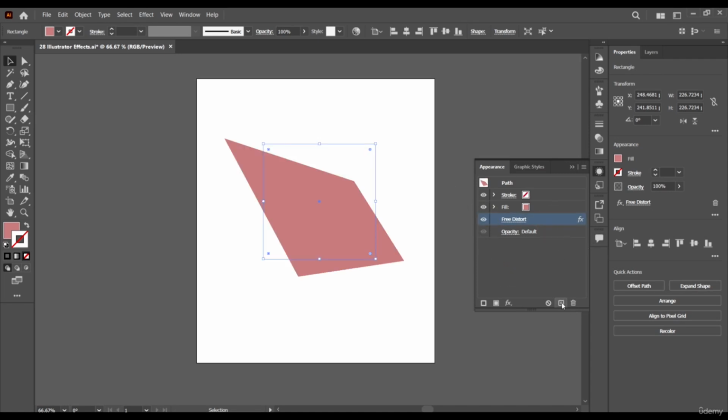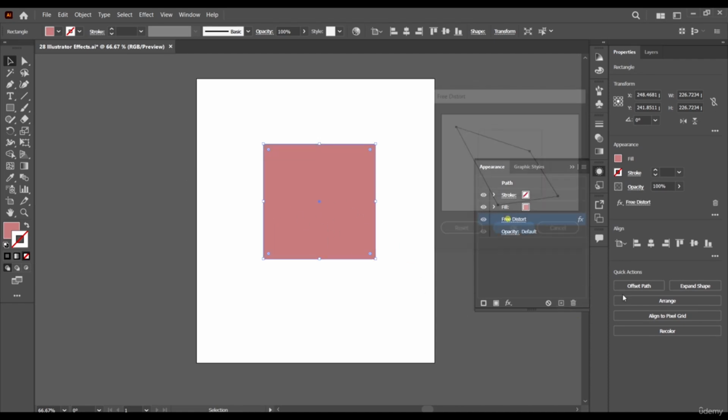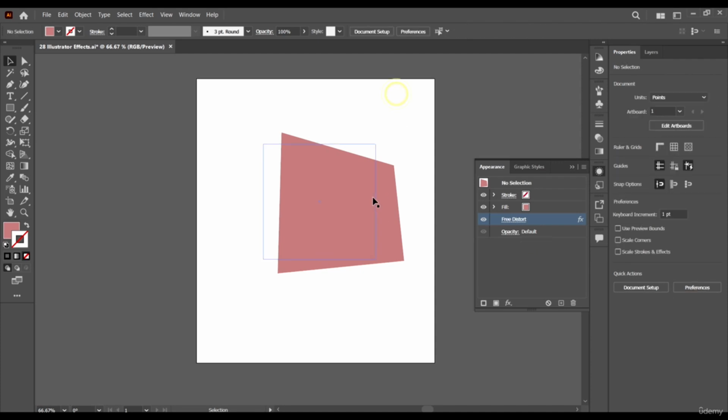We can delete, we can duplicate it, and we see the effect of duplicating it here. We can just click on it, and it gives us the ability to re-edit the effect. Maybe we want to add more adjustments, or we want to do whatever. It gives us the ability to do whatever we want to do. So just delete and create another one.